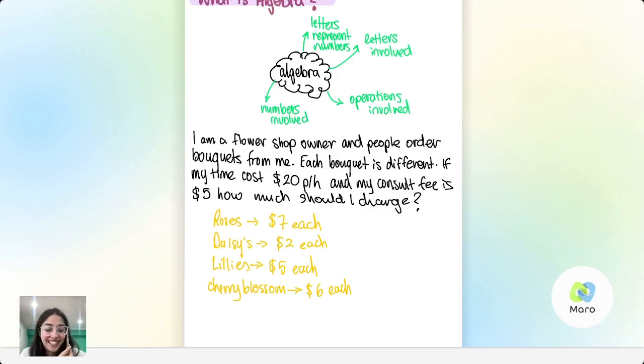Like 6. 6, okay. So 6 lilies. And how many daisies would you like? 7 daisies. And what else did you want? Sorry, did you say roses? Yes. How many roses would you like? 4. 4 roses. Okay, beautiful. Thanks so much, Sophia. I'll have that ready for you by tomorrow. See you later. The cherry blossoms. Bye-bye. She doesn't want cherry blossoms. This customer doesn't want them.